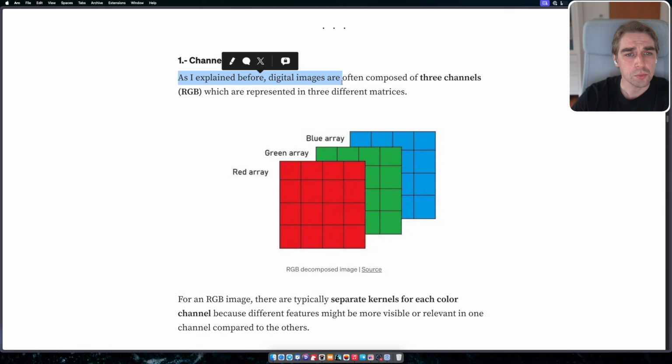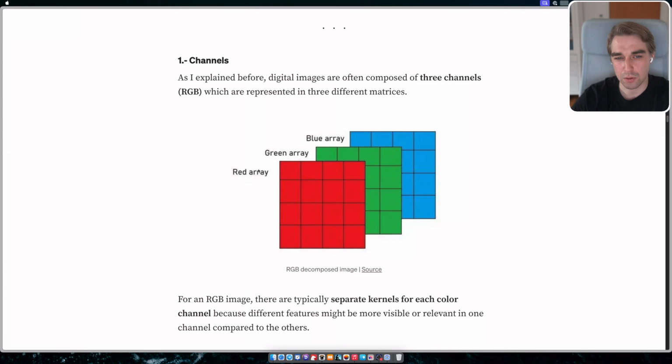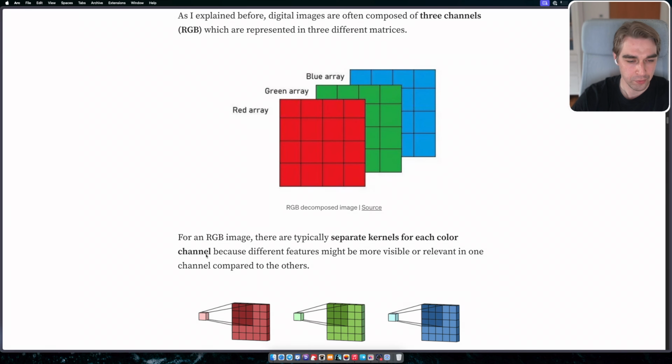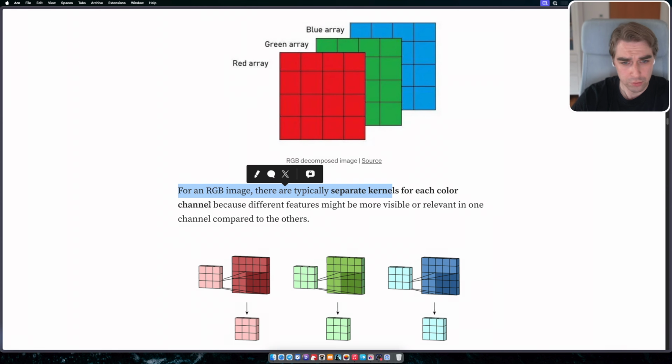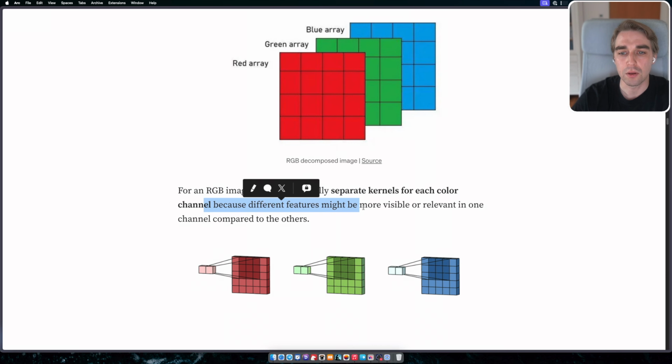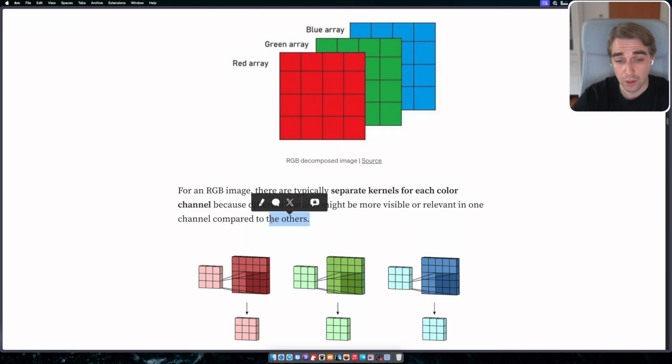The channels, as I explained before, digital images have 3 channels, but these channels could be very different. In most cases, we will work with an RGB image. For an RGB image, there are typically separate kernels for each color channel because different features might be visible or relevant in one channel compared to another. That's true because